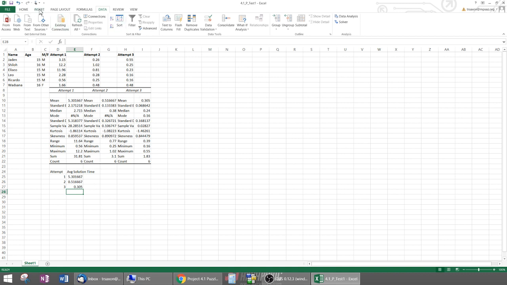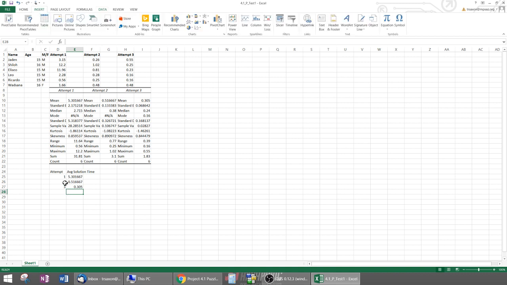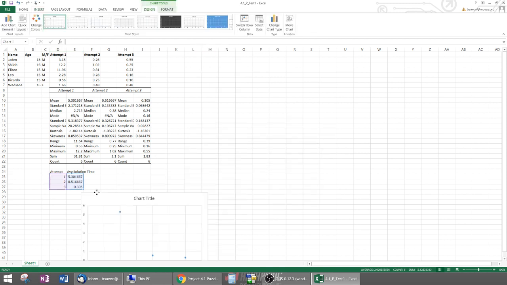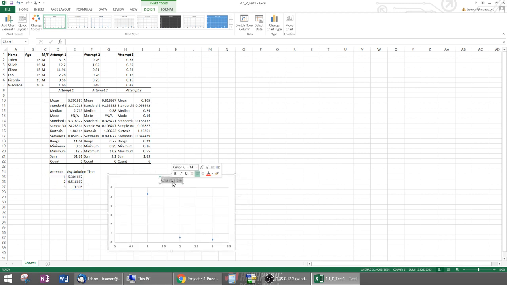What I want to do now is to create a scatter plot. The way that I'll do that is start with insert. I can select my data, so my independent variable on the left, dependent variable on my right, and now I'll select my scatter plot. Scatter plot, and it goes ahead and makes a nice little chart which I can move around. Let me give the chart a title. I'll just double click on it, and I want to call this solution time versus